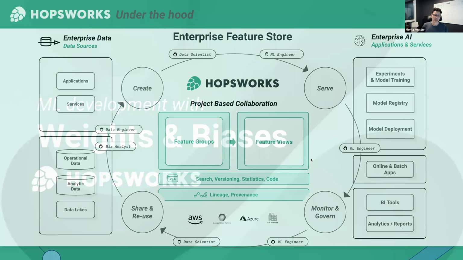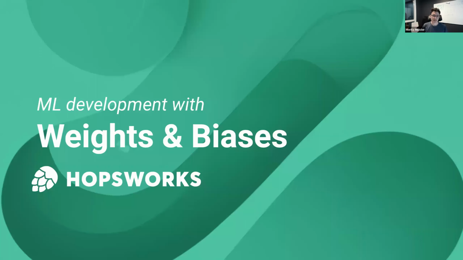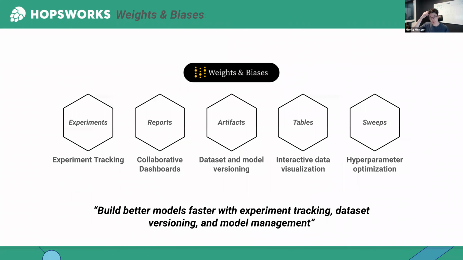So now the question is, how does Weights and Biases fit into this picture? And for that, I'll take a quick step back and explain what Weights and Biases is all about, in case you're not familiar. Weights and Biases provides a tool which should make the life of a data scientist much easier, especially when data scientists work in teams. So the goal is to build better models faster, and they do that by providing these 5 main functionality pillars,